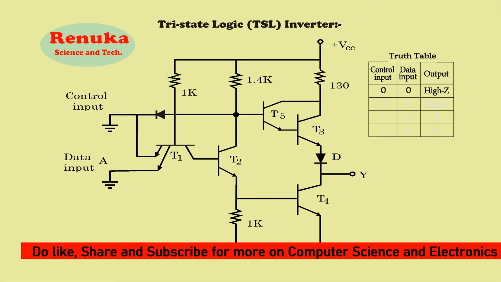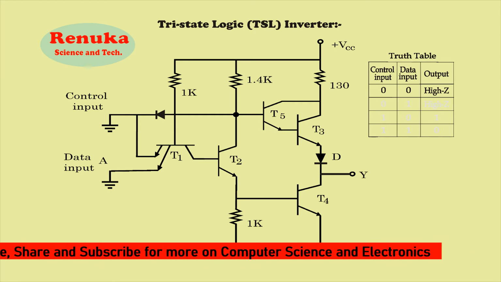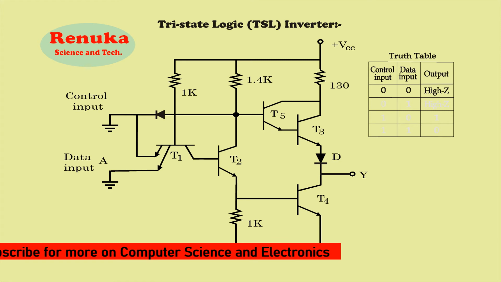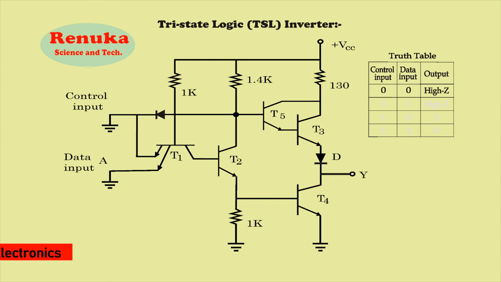So right now the transistor T4 is also off. Now from the upper circuit you can see the diode is sinking the current, so no current will flow towards the base of T5 also. So base of T5 is low, so T5 will be off. If T5 is off, then no current from the power supply through the 130 ohm resistor will enter the collector, and that collector is off right now. So no current is passing through transistor T5. That means the transistor T5 is also off.